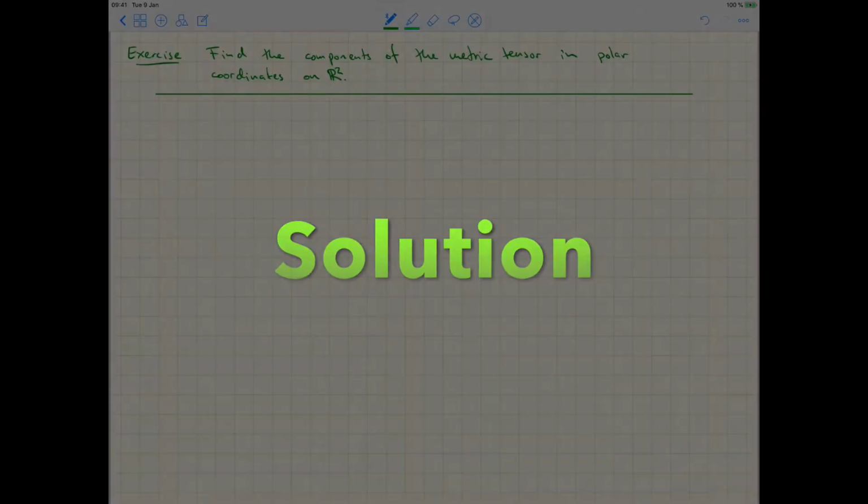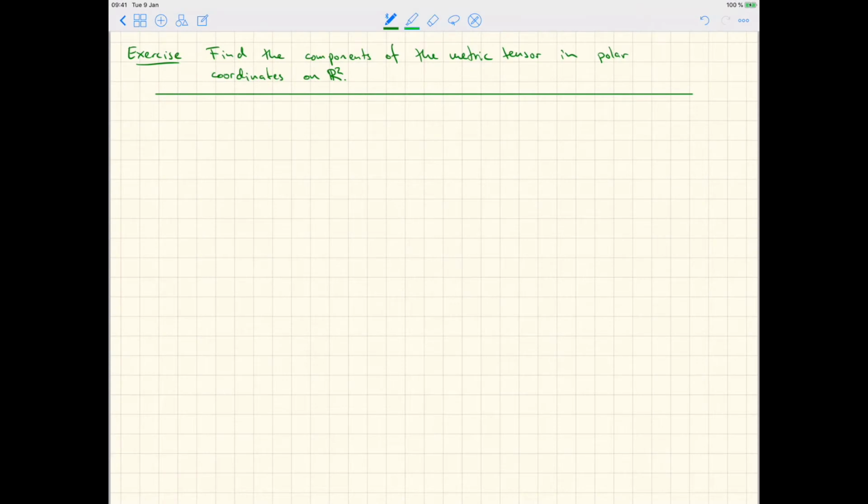So for this exercise, find the components of the metric tensor in polar coordinates in the Euclidean plane R2. Wanting to compute the components of the metric tensor and using the polar coordinates ρ and phi, we start by writing the component g ρ ρ, which by definition is equal to the inner product of the tangent vector e ρ